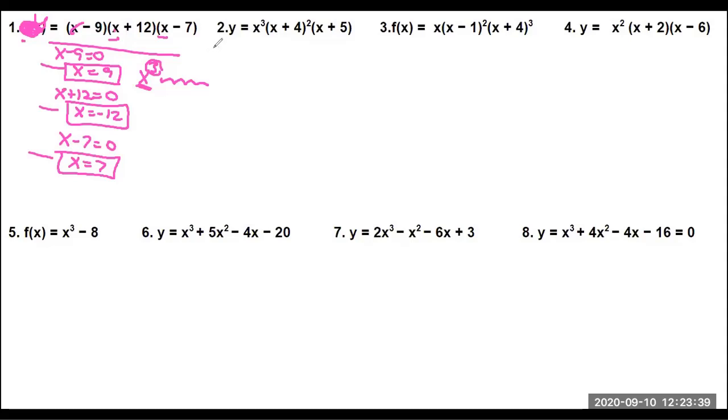I'm confused? Well, think about it. How did I find this factor here? What did I do to make it equal to 0? So here, think about it like this. What if I gave you,